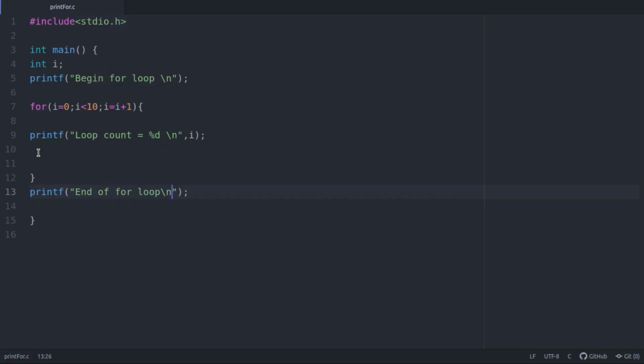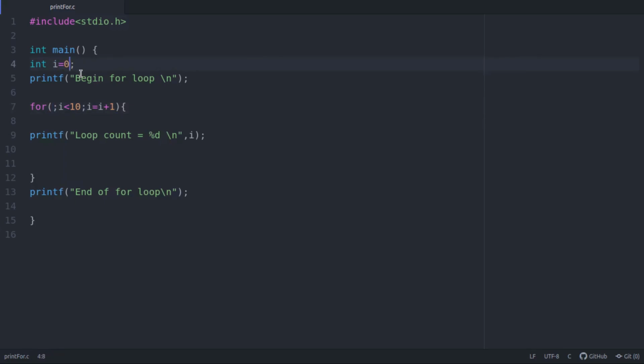So now when we look at these three parts, an initialization part followed by a semicolon, a condition part followed by a semicolon, an increment part. Now you have to remember that none of these three are mandatory. You can skip this part if you want. I can remove this from here, but I need to have the semicolon. I am saying I am not giving any initialization statement. I will initialize the value of i separately before the for loop itself.